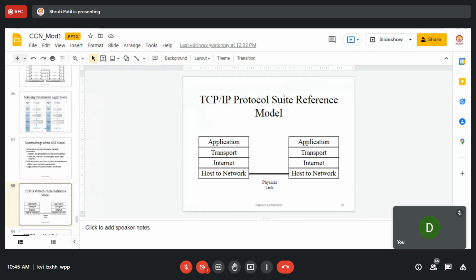What is the function of session and presentation? That is divided into application and transport. So this application layer is having more functions now, which was there in OSI. Apart from that, it will be having some functionality of presentation layer and session layer. Okay, so this is the TCP/IP protocol suite, which is having only 4 layers, or as I have said, in some books you will find 5 layers.